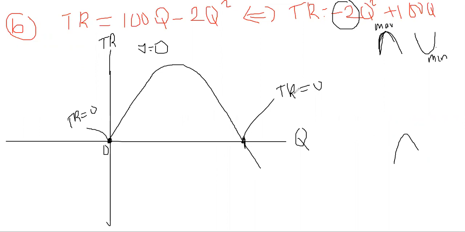So how do we find that? Here we know the first one. We know that when quantity is 0, total revenue is 0. So that is why we have the y-intercept here. So here is what is left. And to find these two areas,